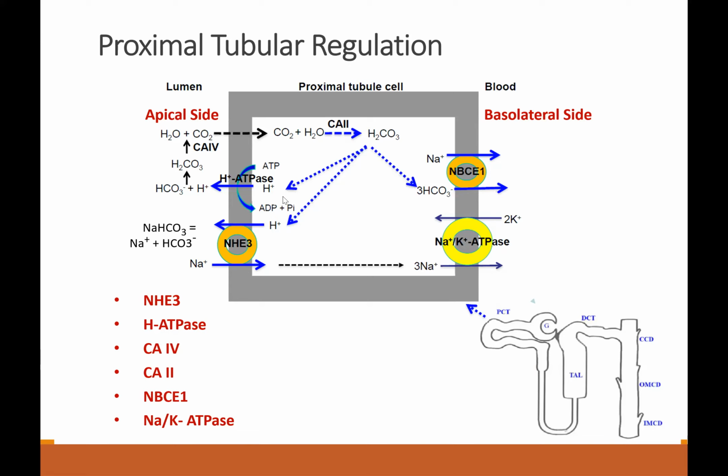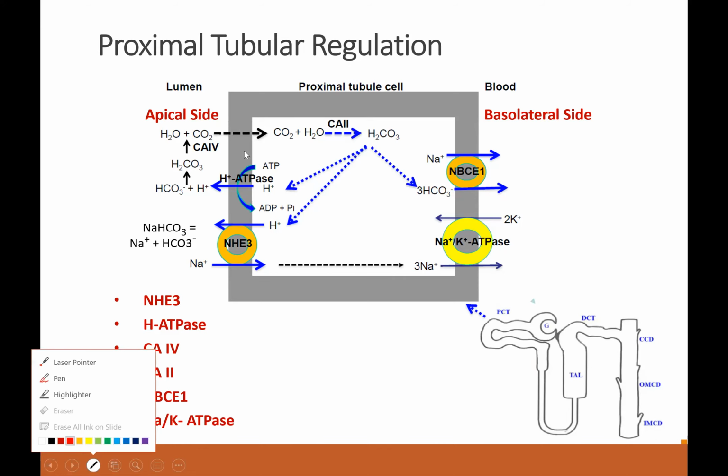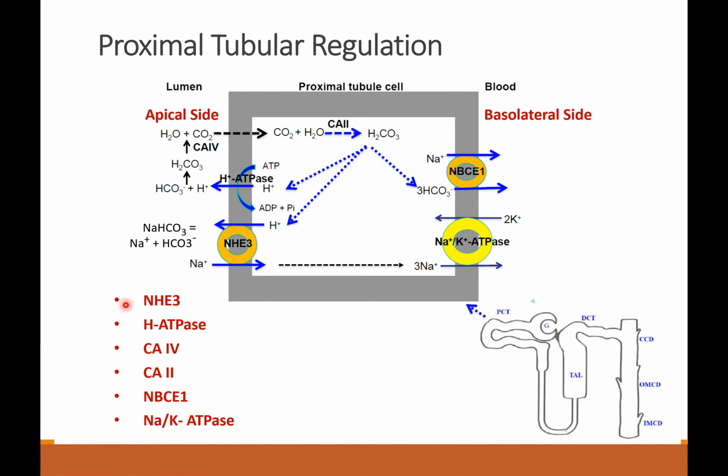So the fundamental mechanism is there is a bicarbonate in the urine, sodium bicarbonate, that dissociates into sodium and bicarbonate. Sodium should get reabsorbed. Bicarbonate also should go inside, but there is no way it can go inside because this membrane is not permeable for the bicarbonate. So what happens?